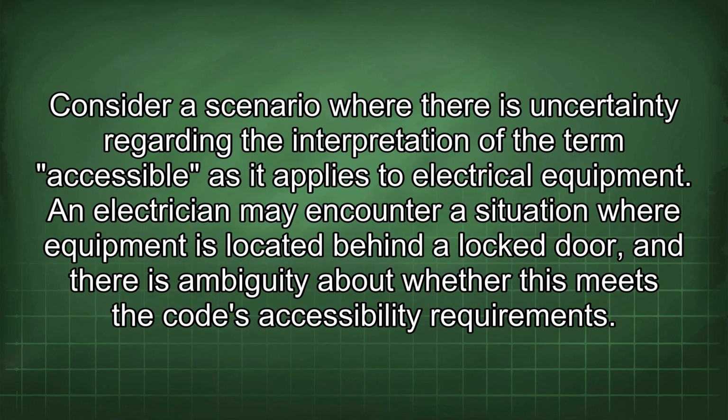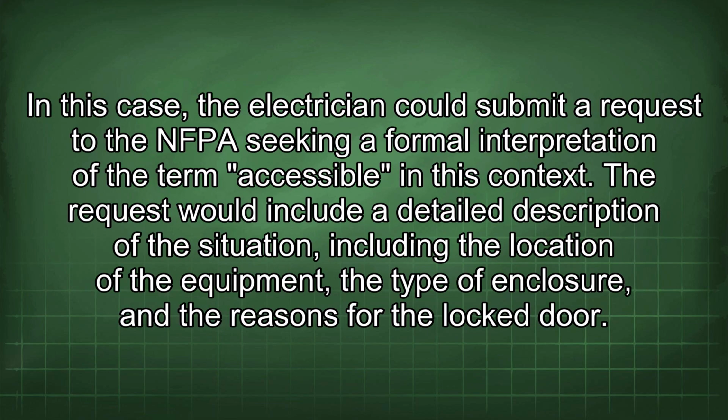Consider a scenario where there is uncertainty regarding the interpretation of the term accessible as it applies to electrical equipment. An electrician may encounter a situation where equipment is located behind a locked door, and there is ambiguity about whether this meets the code's accessibility requirements. In this case, the electrician could submit a request to the NFPA seeking a formal interpretation of the term accessible